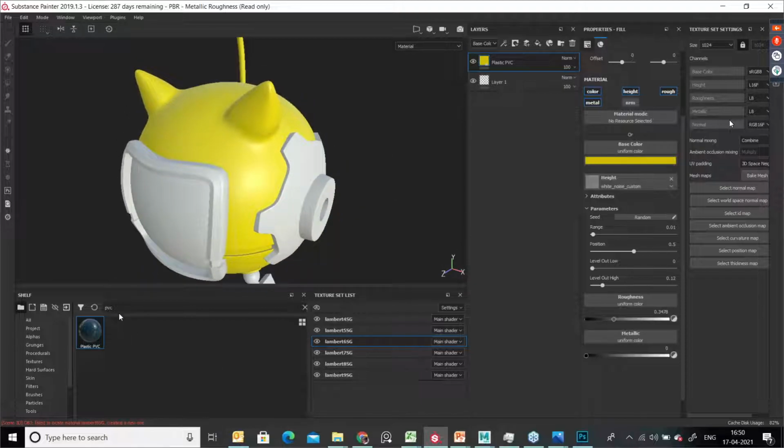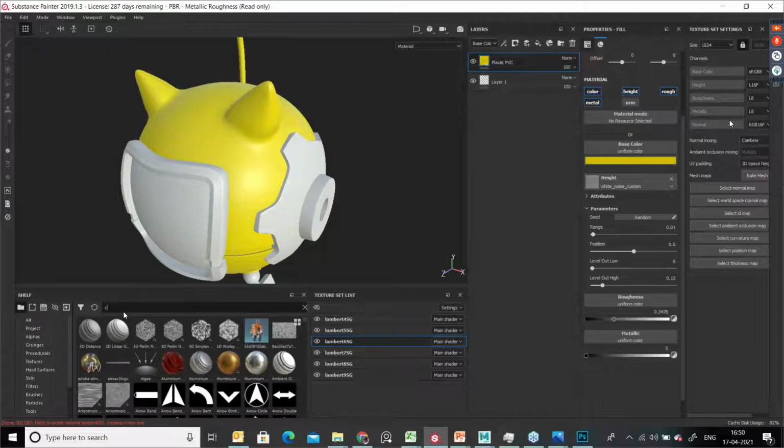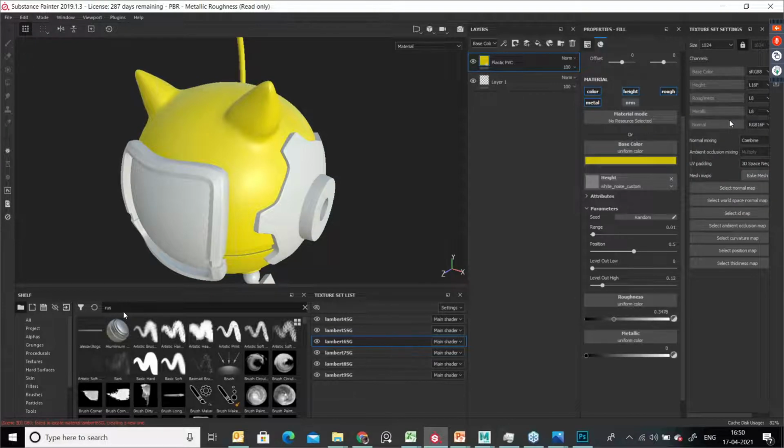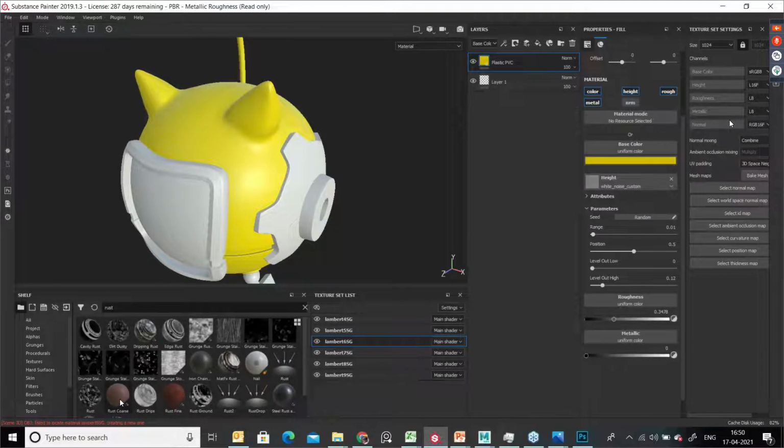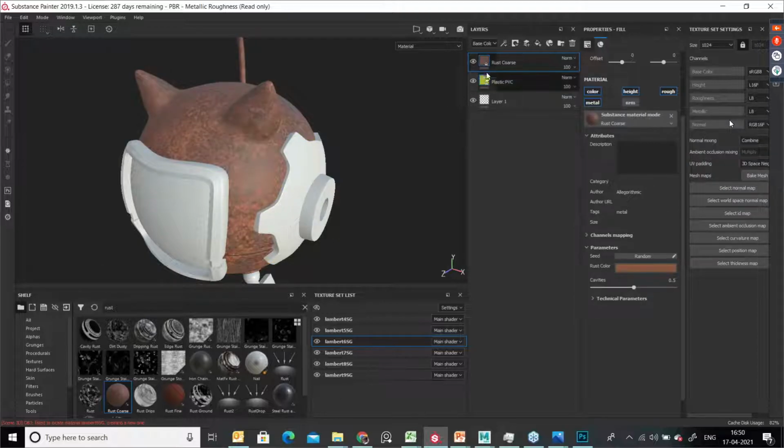Now I'm going to apply one more texture over here, a rusted texture, okay, and just rust pores. After this, we have to bake this geometry. So first you can do that, otherwise the generator won't work.